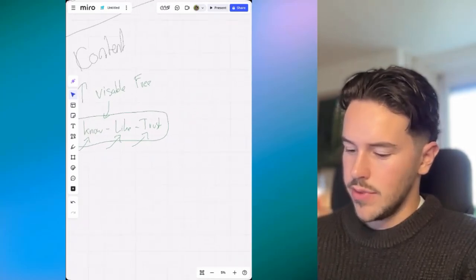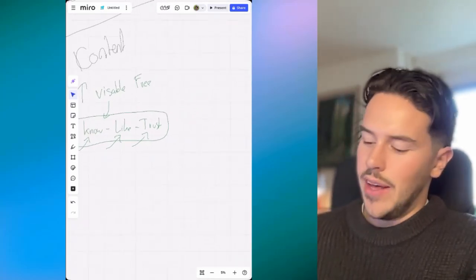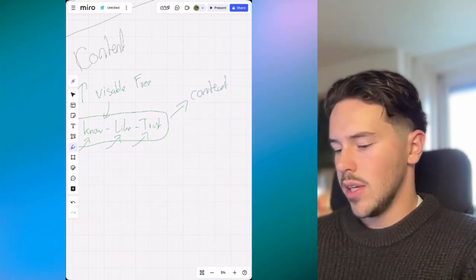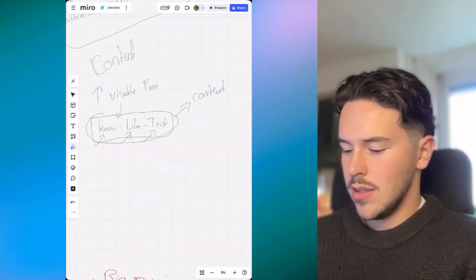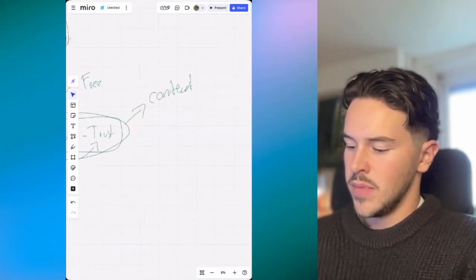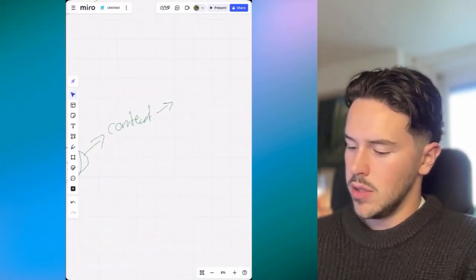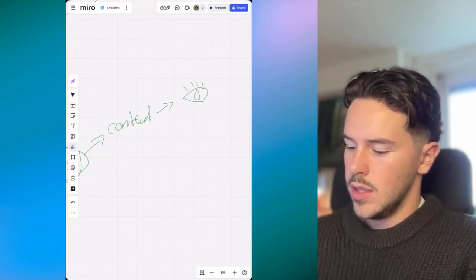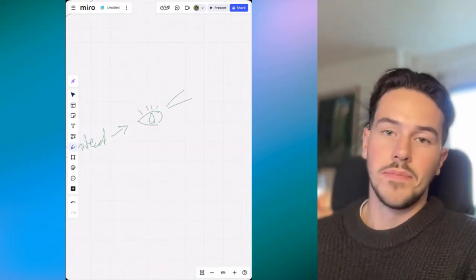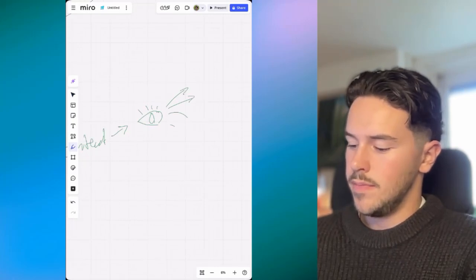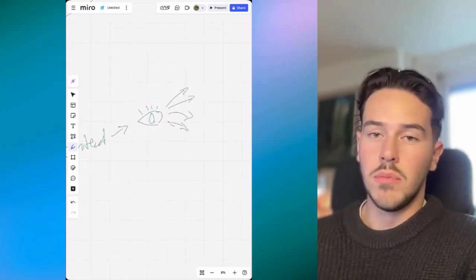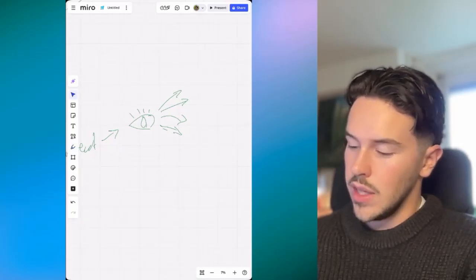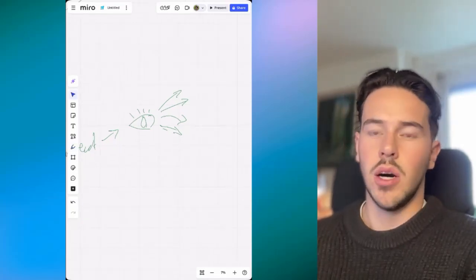And we see a lot of value in content as a whole, because with content we can automate this on a large scale. If someone sees our posts for several months, they eventually get to know us digitally.